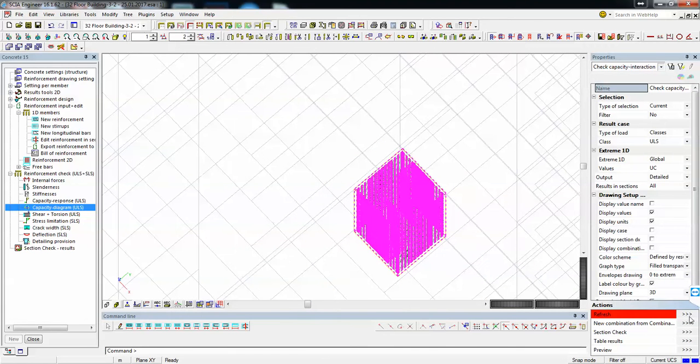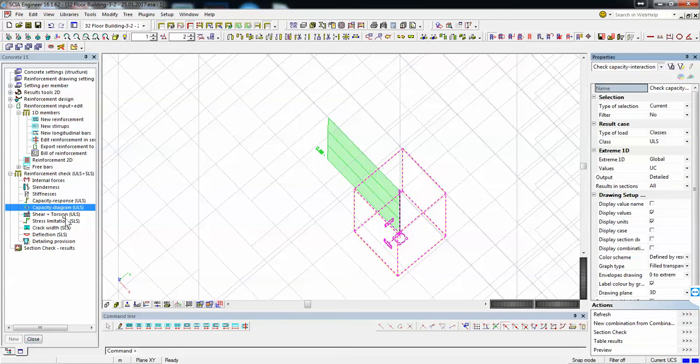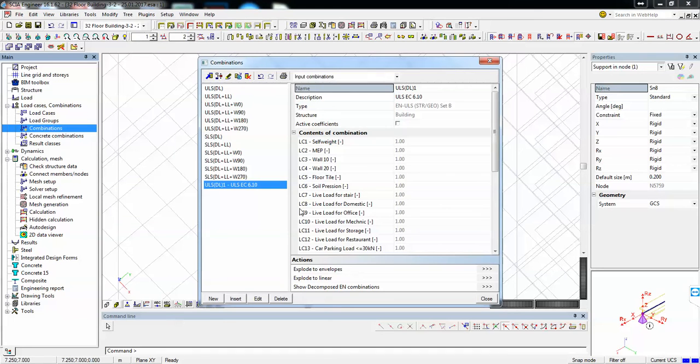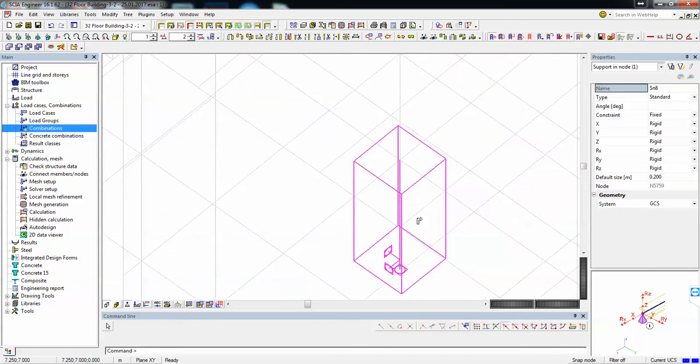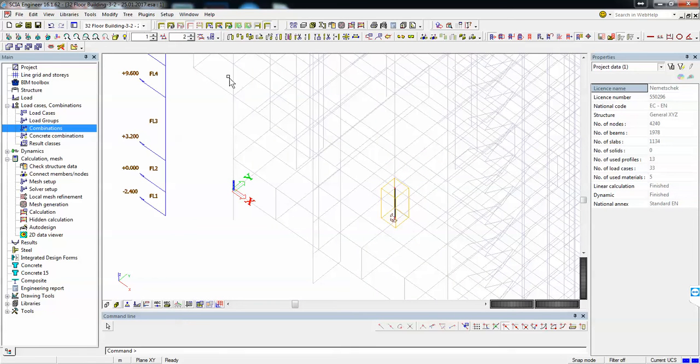I can then check again the column. It's 88%, so it's closer to the limit. Okay, so basically the column is okay, and we can see how other columns behave if we apply the same reinforcement